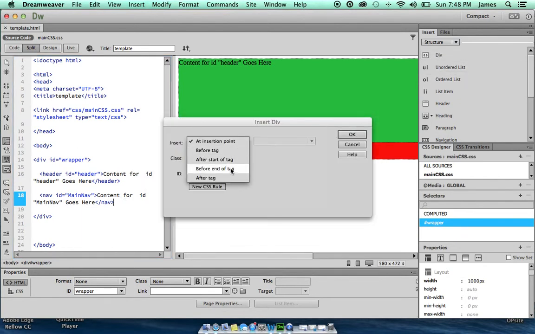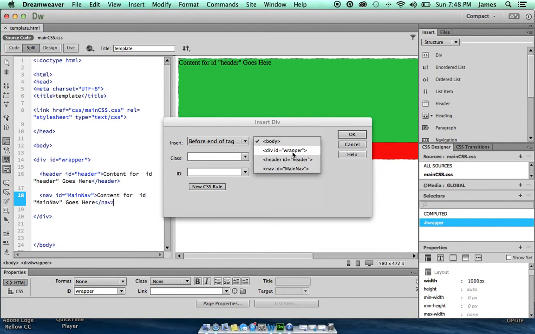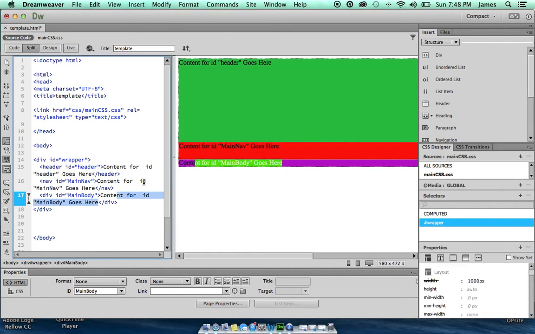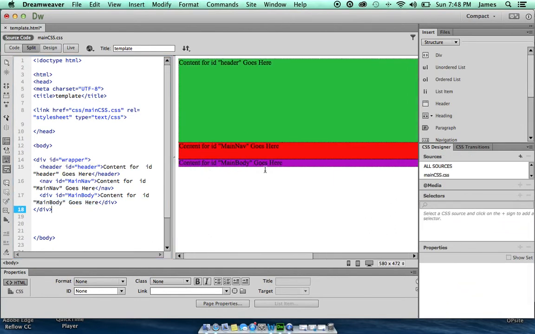Before end of tag, within the wrapper tag, we're going to do main body. Select OK. It automatically populates below it. And for this one, all we're going to do right now is create, under